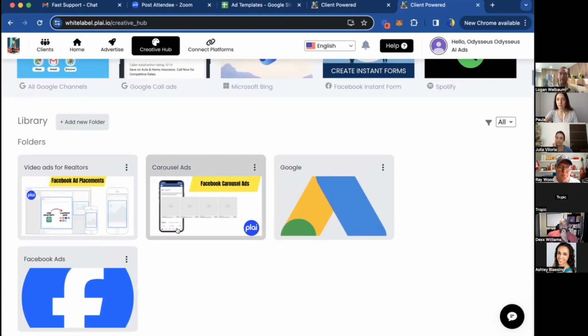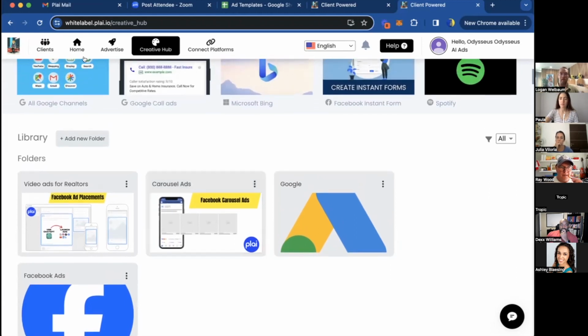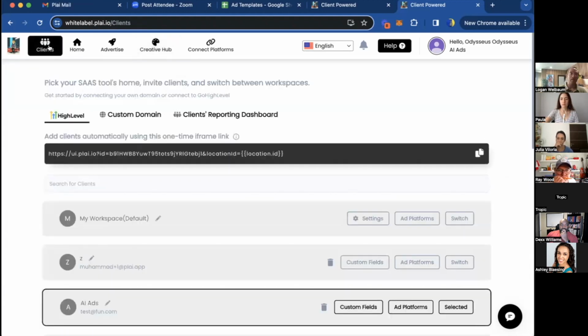The other thing that we're launching too is a percent of ad spend feature. What the percent of ad spend feature looks like is that you'll have this in the clients tab up here, and you can just choose if you want to do a margin or a markup. So a markup, let's say you want to charge 20% of ad spend. If you do a markup, we're going to actually be reporting their cost per lead, and if you're charging 20%, their spend and everything would be reported as 20% more than what they'd be seeing natively in the ad platforms.